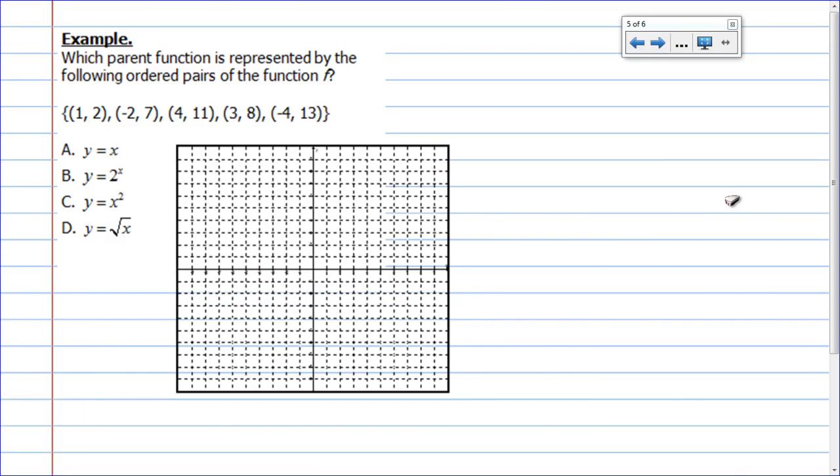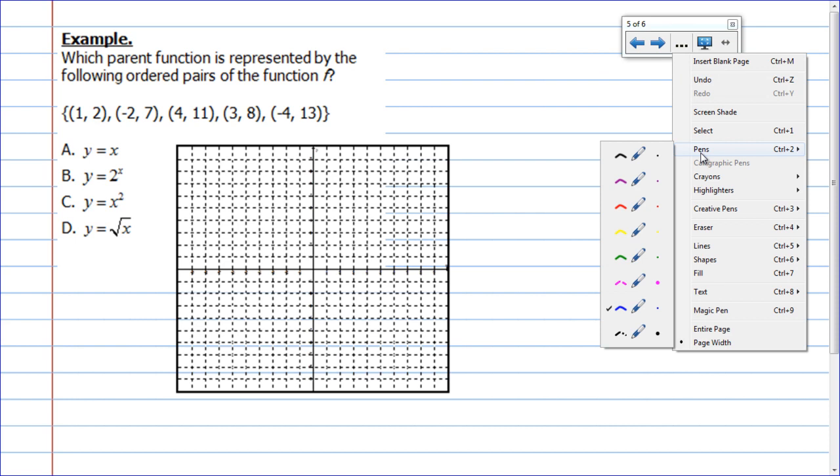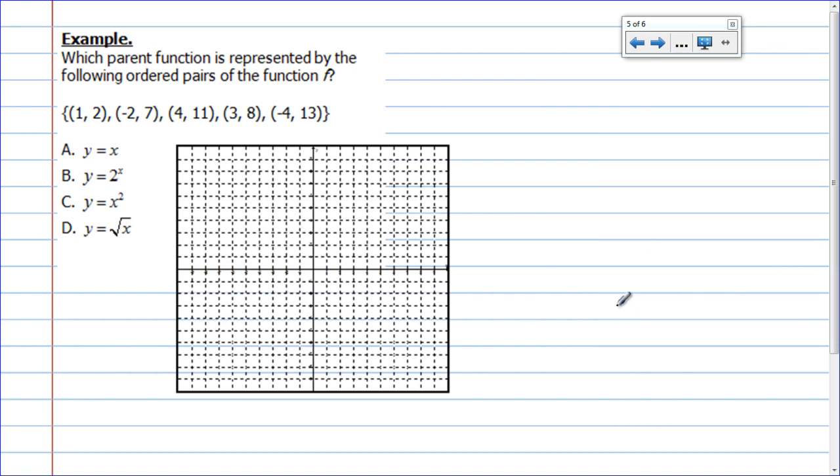TEKS check correction number 5. We want to find out which parent function is represented by the following ordered pairs of the function f. They are giving us 5 different points. You have a graph there, and we're going to plot those points on the graph in a minute, but first